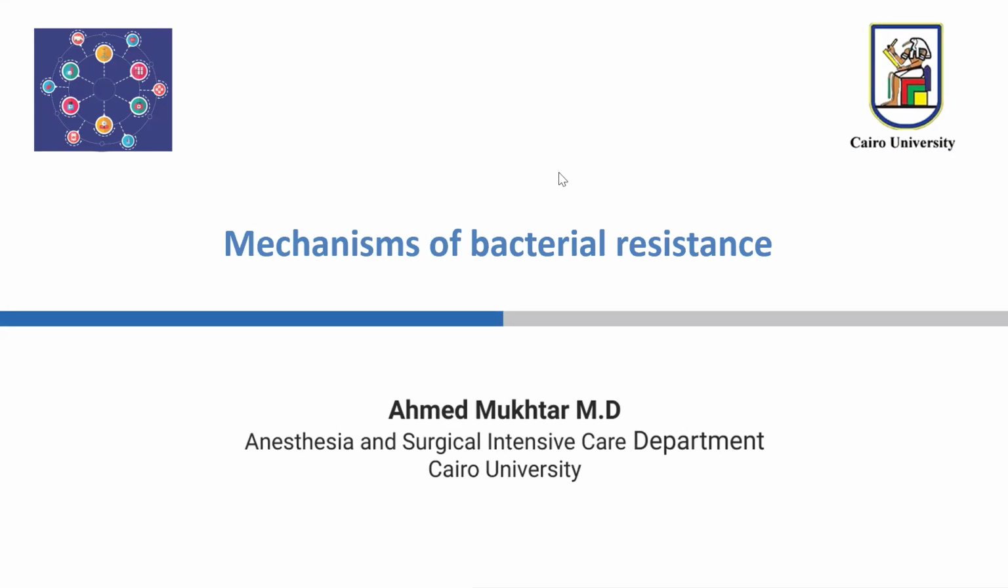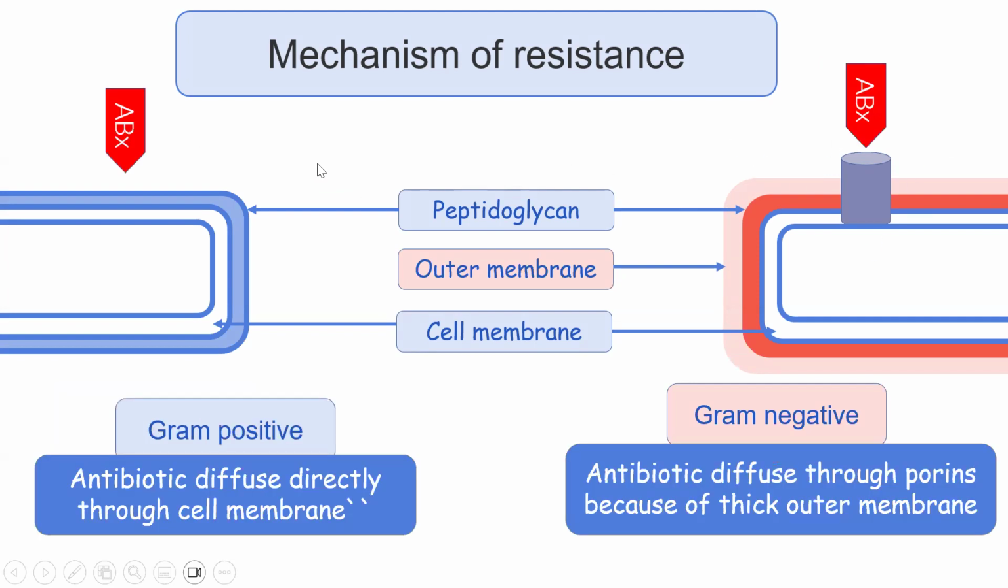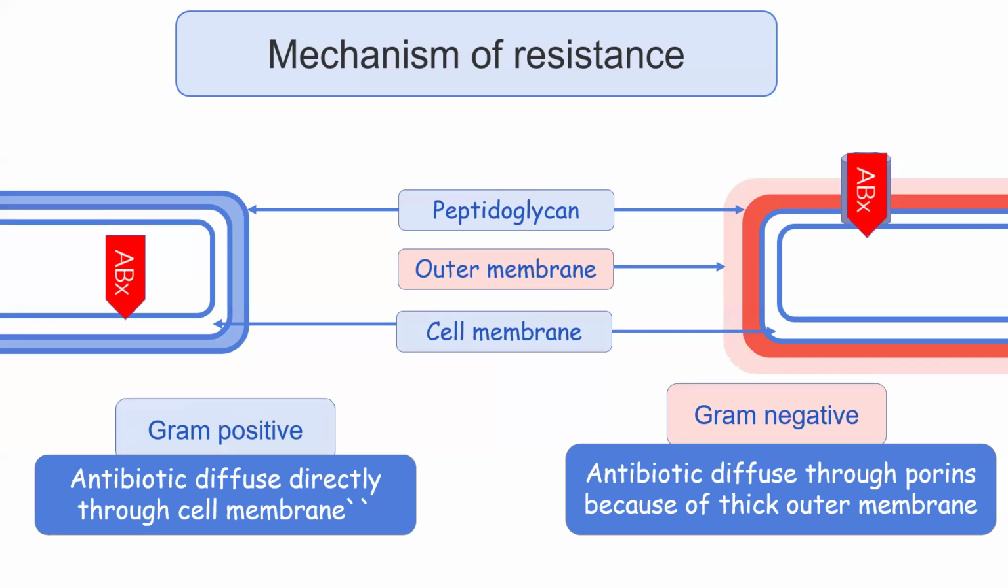In this video, we'll discuss the mechanism of bacterial resistance. In general, the difference between the gram-positive bacteria and the gram-negative bacteria is the outer membrane. The gram-negative bacteria have a thick outer membrane and porin channels. For antibiotics to act on the gram-positive bacteria, the antibiotic should diffuse directly through the cell wall, while the antibiotics that act on the gram-negative bacteria should diffuse through the pores because of the thick